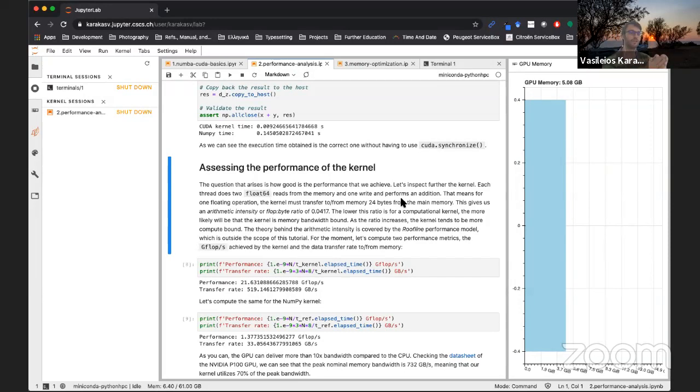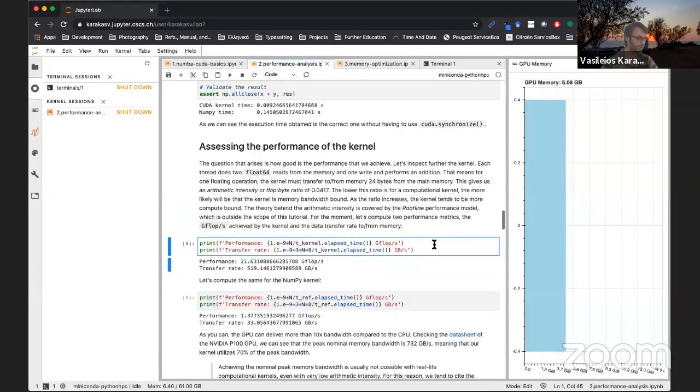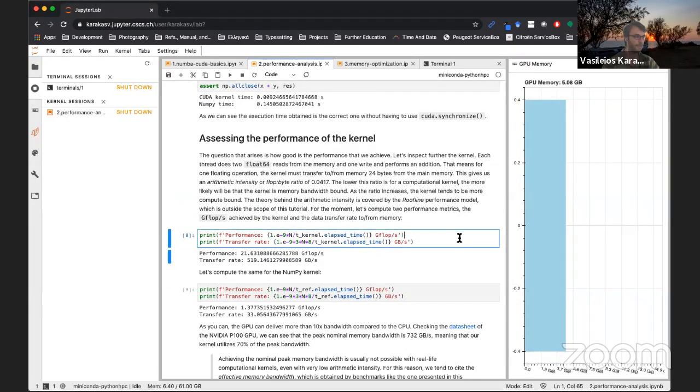Now, the answer to the question whether we perform well or not is how close we are to the effective memory bandwidth of our target architecture. So this is what we're going to compute